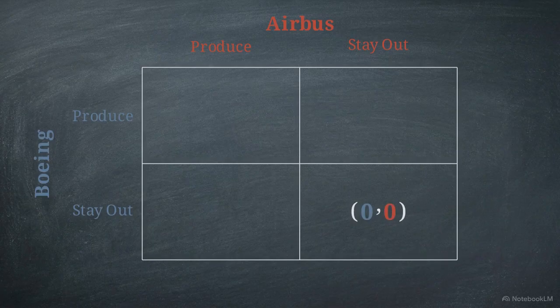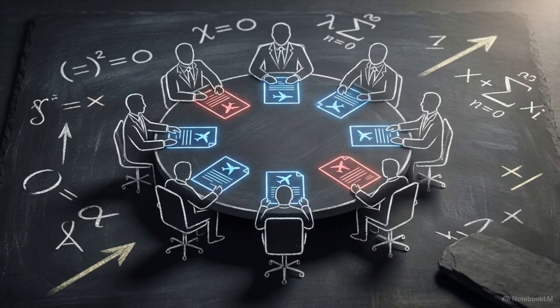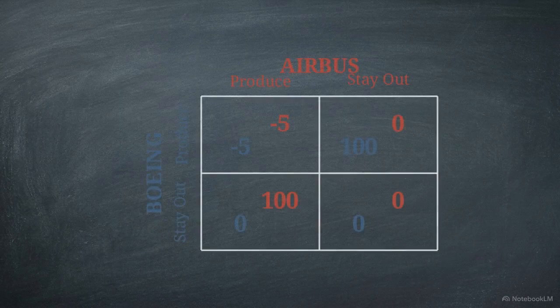If neither firm produces, profits are zero. If both firms enter the market, they fail to cover their fixed costs, and each takes a loss of 5. If Boeing commits to producing first, Airbus realizes that entering the market guarantees a loss. They stay out and Boeing captures 100 in excess returns as a monopoly. This creates a Nash equilibrium, where one nation reaps the monopoly rents while the other is locked out of the market entirely. To change this outcome, the European government must figure out how to capture those returns for its own firm. They use a strategic trade policy.